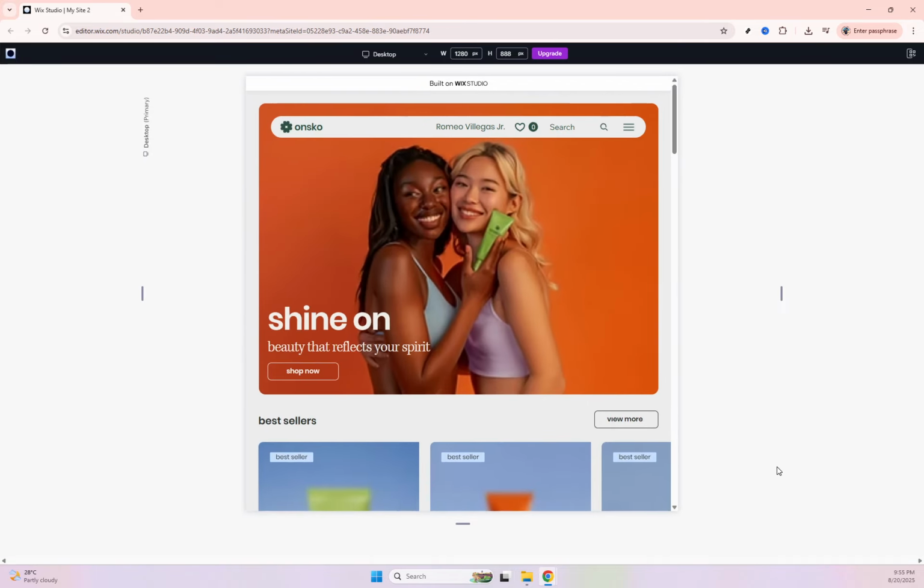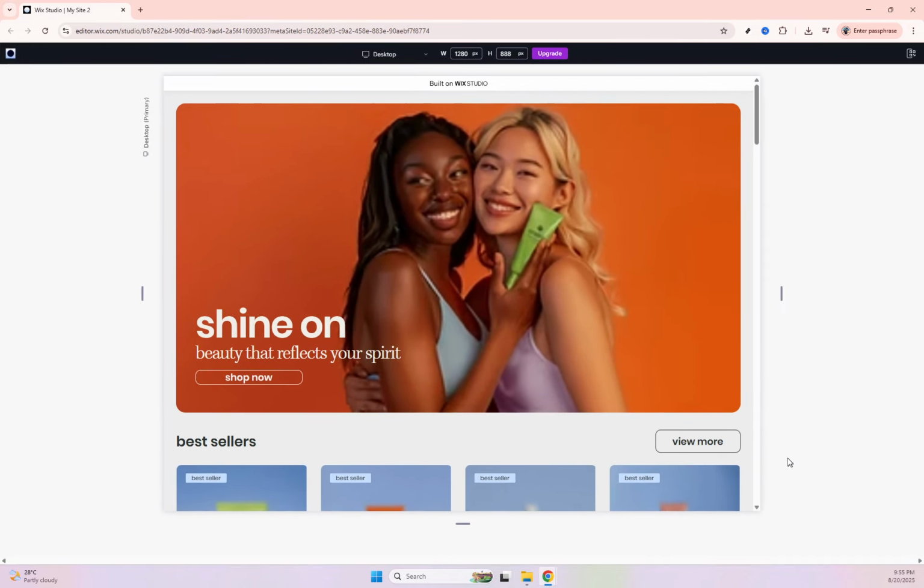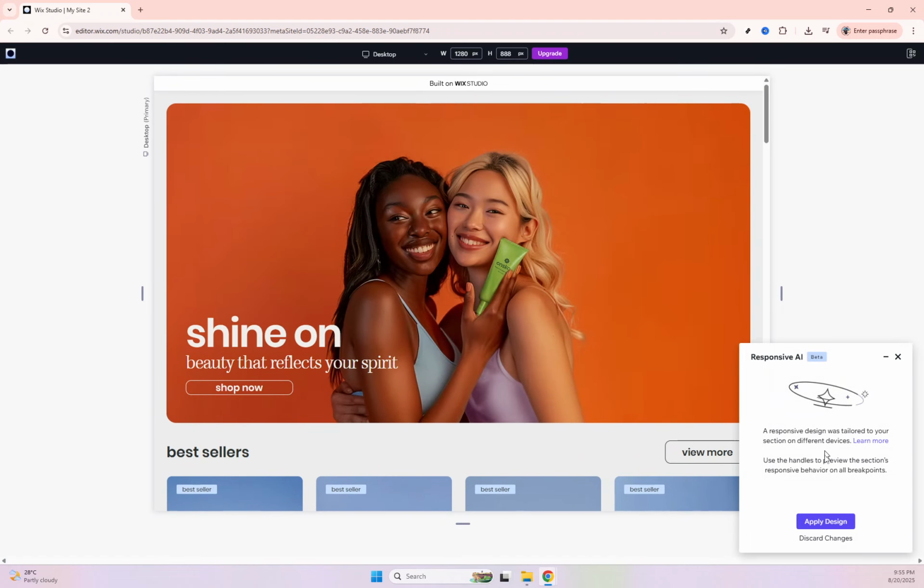As you do this, you'll witness how effortlessly the elements respond to size changes. You can easily tweak margins and in the process, assure that elements maintain their design integrity across different devices, and there you have it. With these simple steps, you've used responsive AI in Wix Studio to create a responsive website